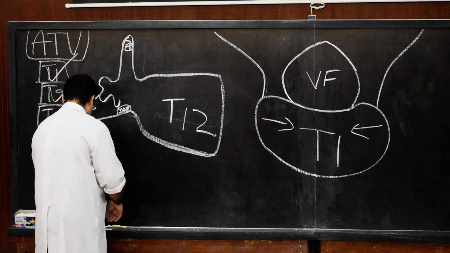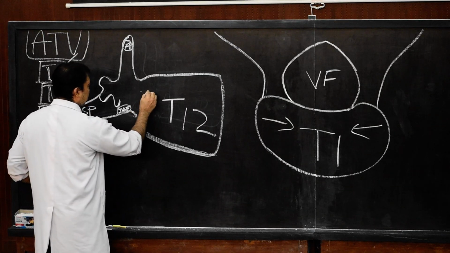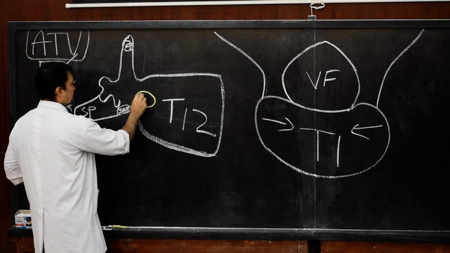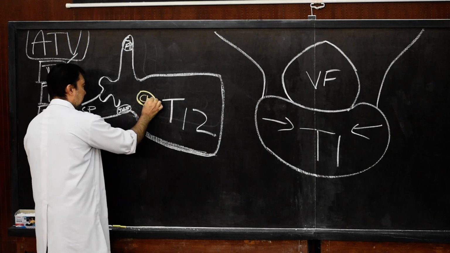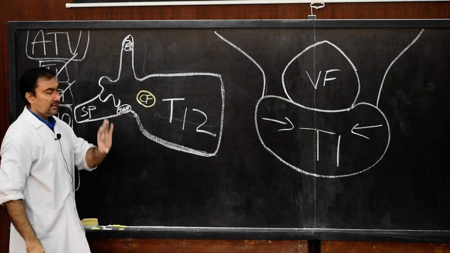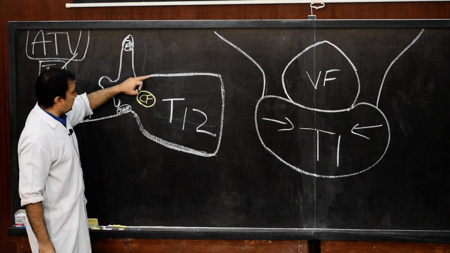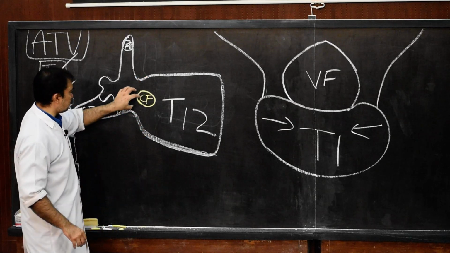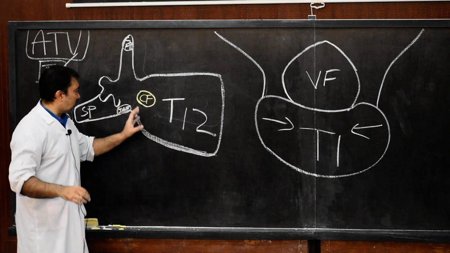So if I want to make the costal facet over here, I will draw the costal facet in this way. This is the presence of costal facet. This is feature number 1, costal facet present on the side of the body of T12. It is exactly midway between superior and inferior margins, superior and inferior borders, and it will be encroaching on the pedicle. This is the first distinguishing feature of T12.